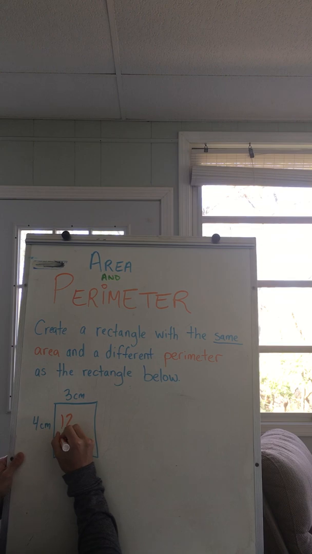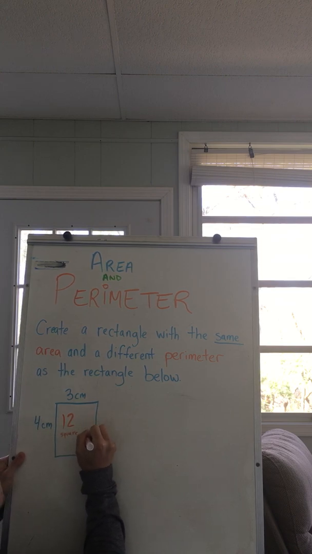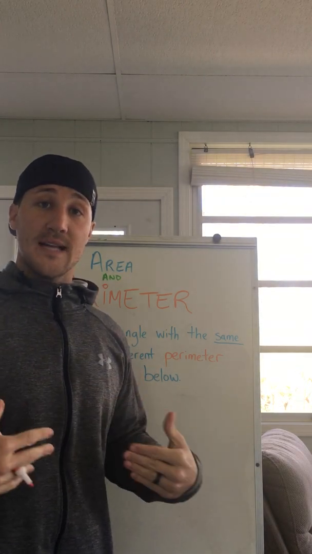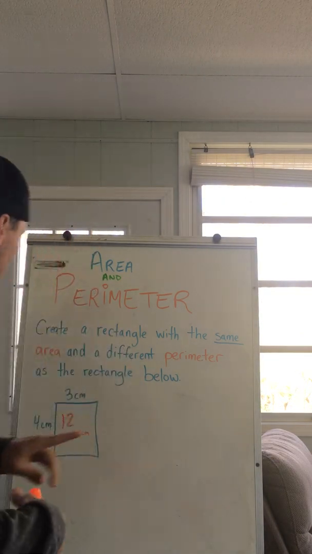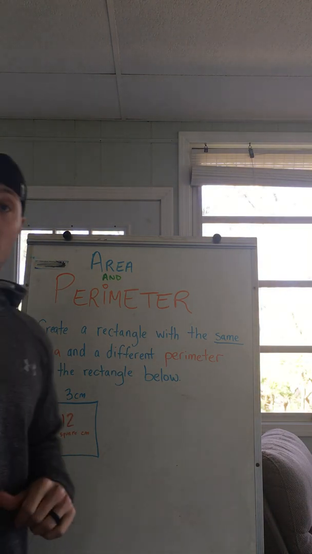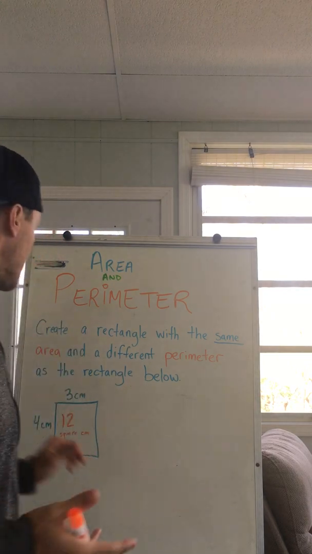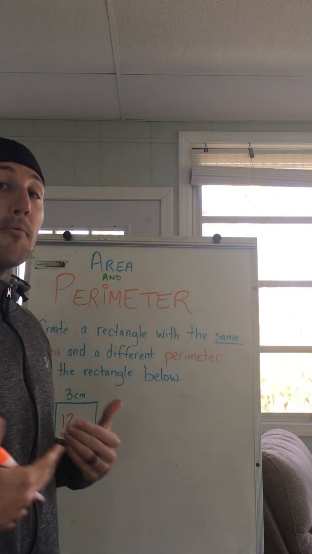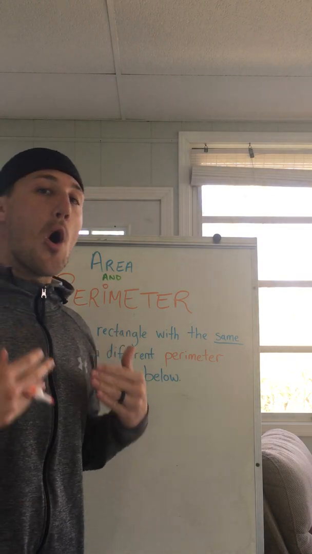12 square centimeters. Cool. And now to find the perimeter, I just need to add up all the sides. Be careful here though, because a common mistake I see is sometimes people will look at this and say, oh, the perimeter must be 7 because 4 plus 3 is 7. And that's true, 4 plus 3 is 7, but remember with perimeter we need to add up all of the